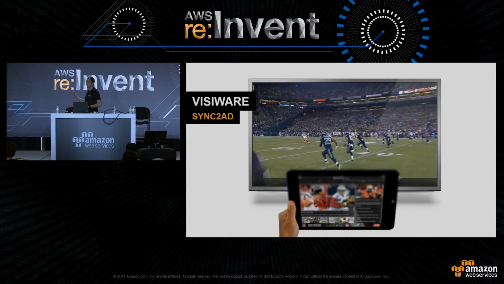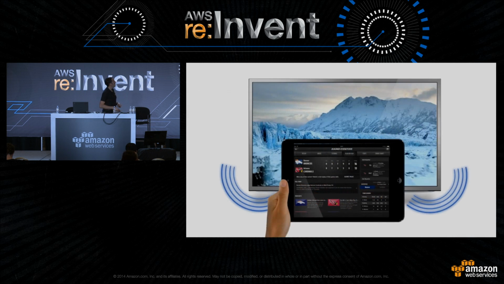The other one is the second kind of applications that have been developed by VisiWare, which is a synchronization system for advertisement. So you're watching your football game with your application, and suddenly it's the mid-period, you have advertisement. The application works a little bit like Shazam.